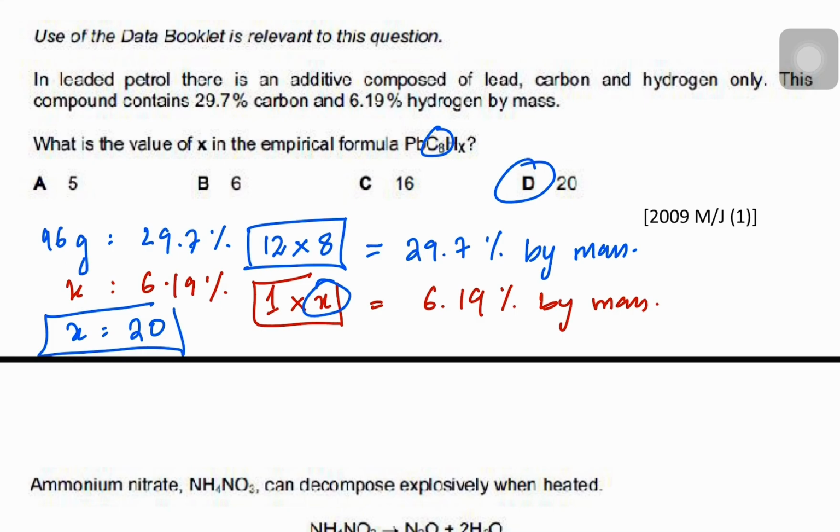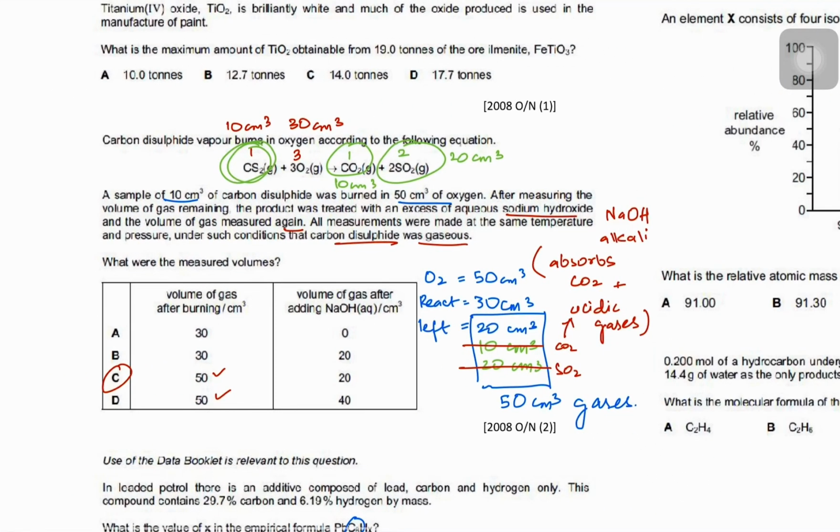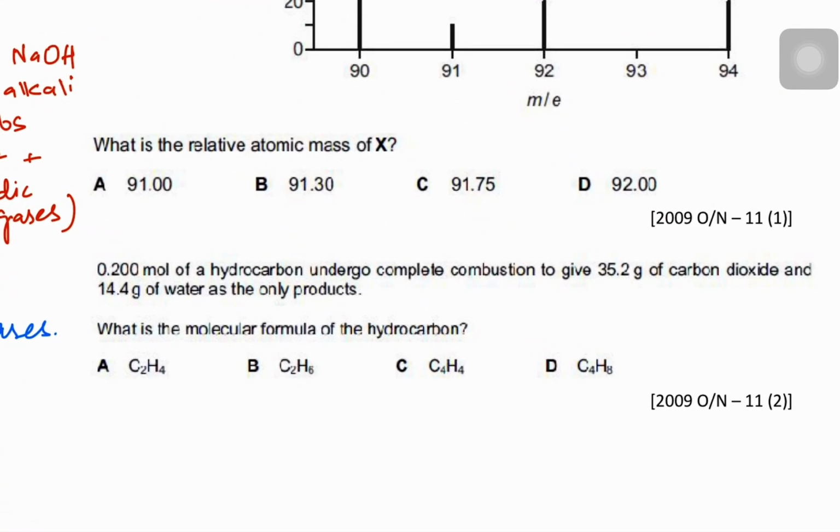Another method that you can go for is finding the percentage of lead then finding the entire empirical formula, but that's a longer method. I'm not saying it's wrong, I'm saying it's an extra longer method. Let's do